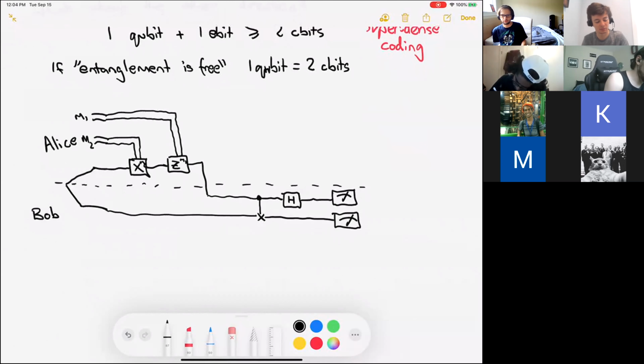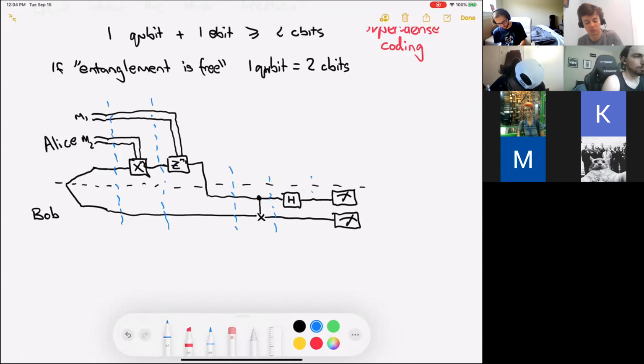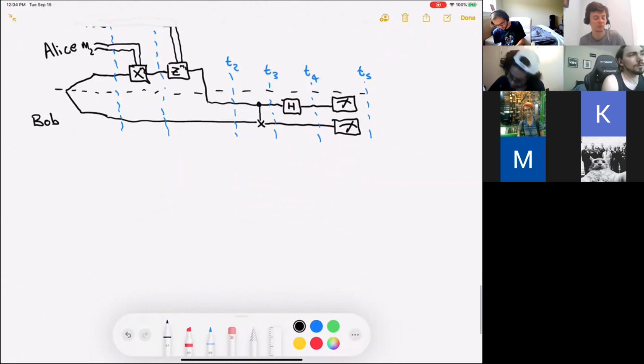Okay, again, let's draw, maybe I'll do them in a different color this time. Let's draw a load of different times in here, so we can track what's happening. So T0, T1, T2, T3, T4, T5. Okay. So at T0,